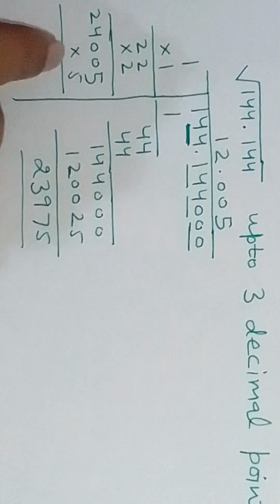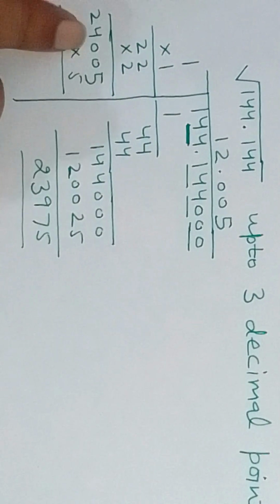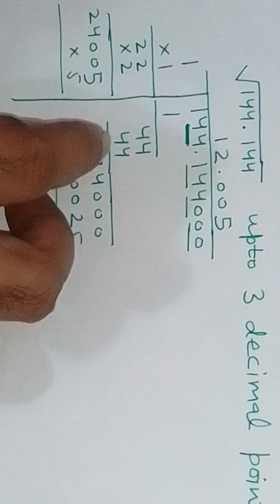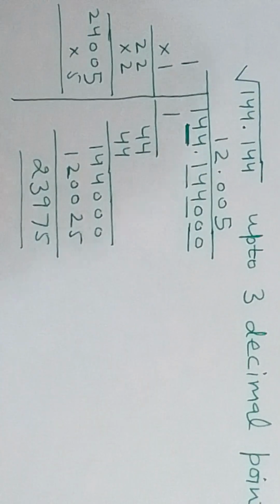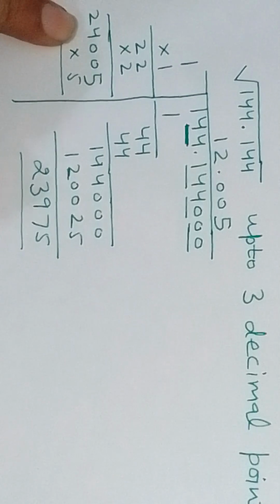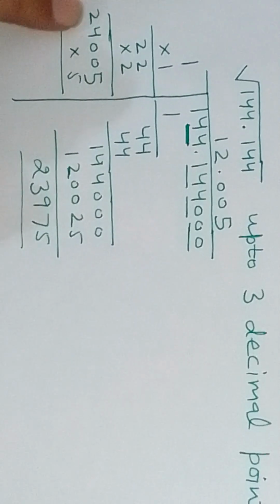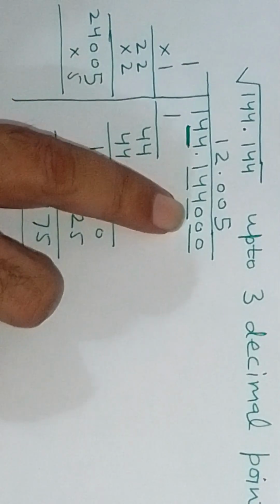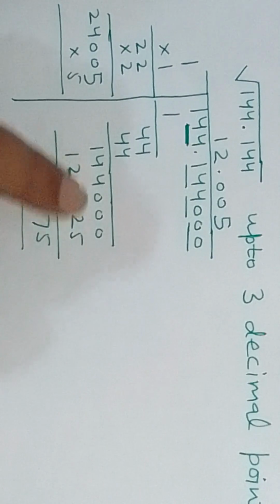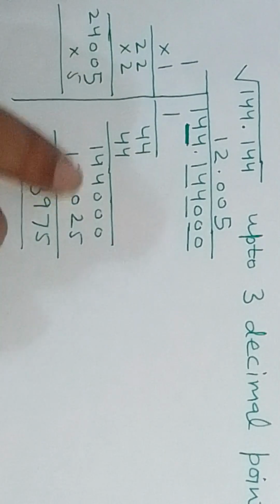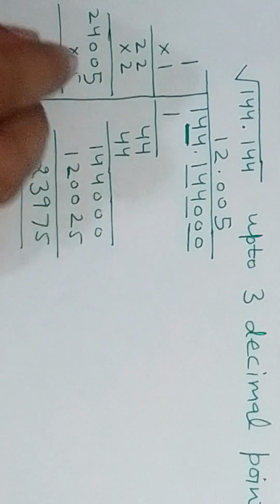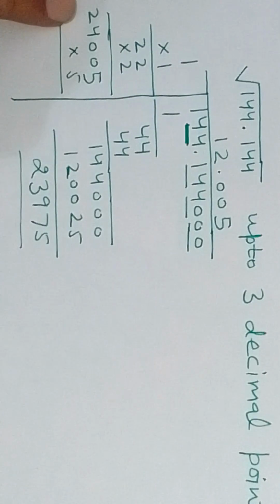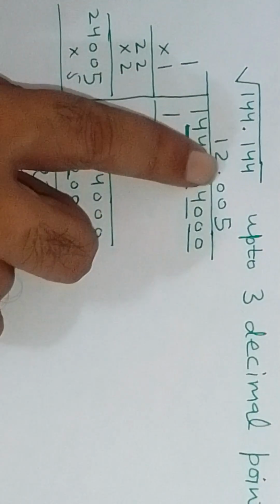By adding 22 and 2 we get 24. Now we will take the value 1, 4, and here we have 24. Because 24 is greater than 14, we have to take next pair 40. Now we have taken next pair 40, and because we have taken next pair, so put 0 here and also 0 here. That becomes 240, and here 0.